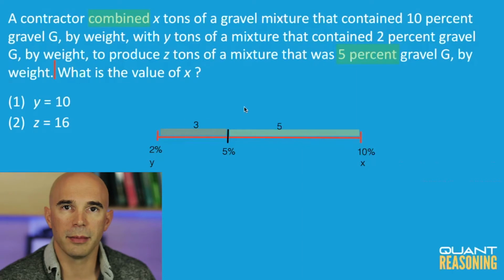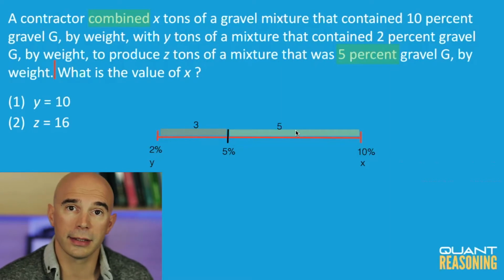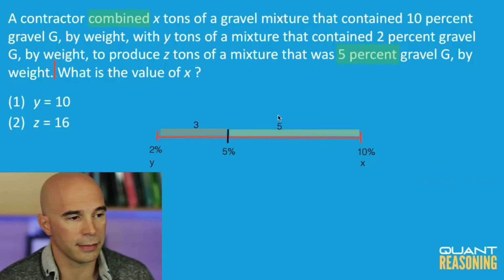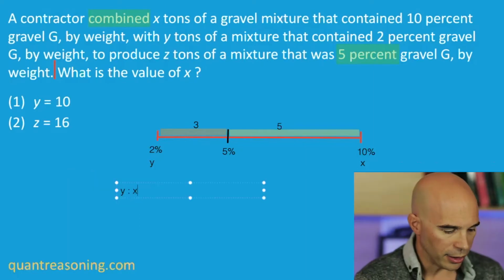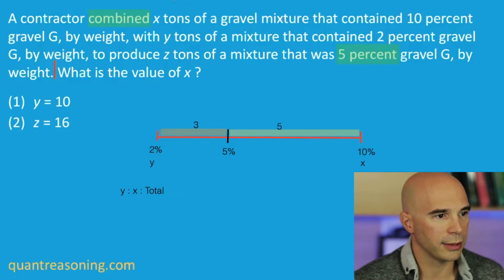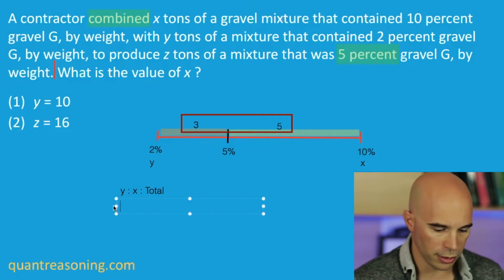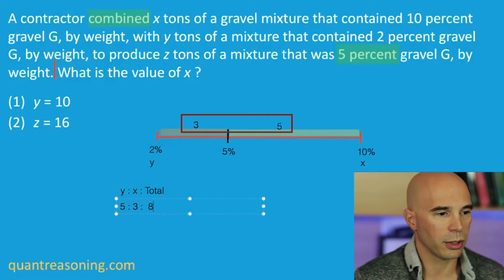And once I've established that, I'm going to build a 3-way ratio. You know how I love 3-way ratios. And I'm going to start my 3-way ratio with a winner. And I always do it that way because that eliminates the possibility of making careless mistakes. So I'm going to start my 3-way ratio with a winner, which in this case is y. And because I always start with a winner, I know that the bigger number goes on the left. And what are the numbers that are going to go into this three-way ratio? Bigger number goes with the winner and smaller number goes with the loser, and we have a total of 8